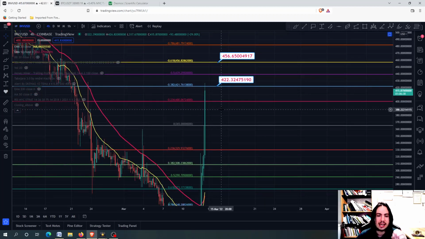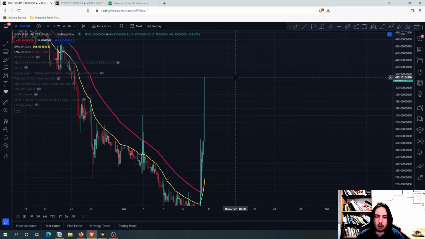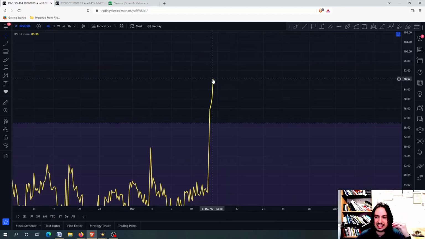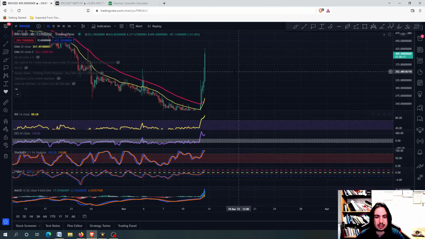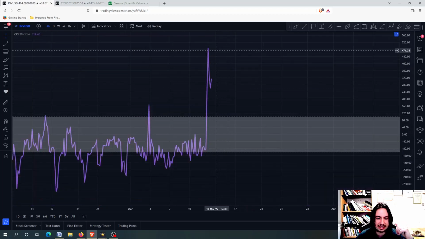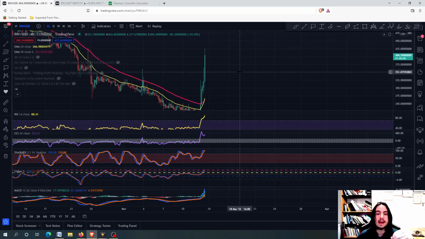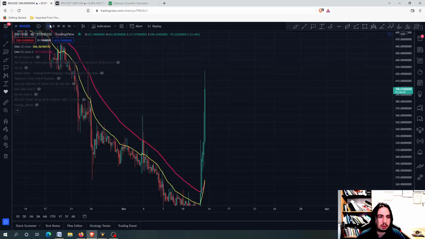I want you to be extremely careful. First of all, let's remove all the drawings. We are going back to the risk metrics. And right now you can see that the RSI is approaching the 90s. Whenever the RSI on the 4-hour frame is approaching the 90s, you should be extremely careful. This doesn't mean that we cannot go further higher. It means that you should be careful, and with the commodity channel index going up higher and being in such an overbought situation, we can potentially grow even more, but we can also have a major and very fast correction going on.